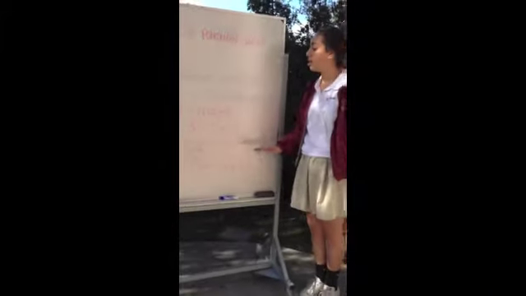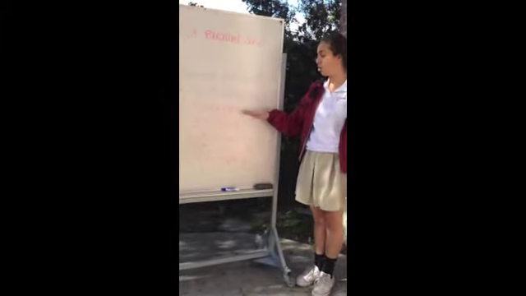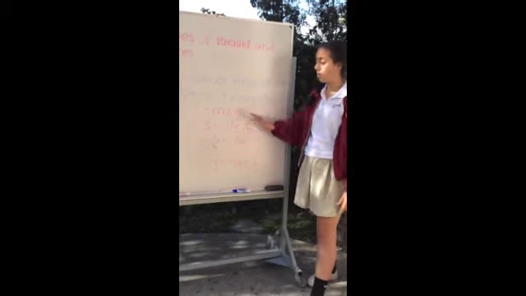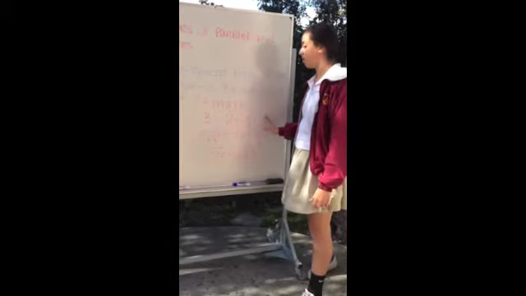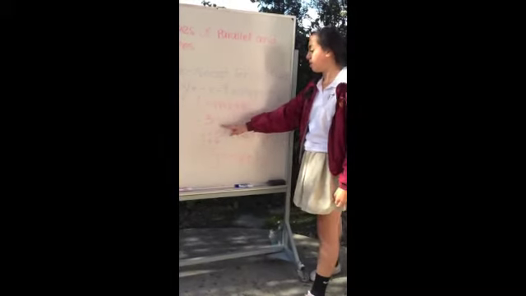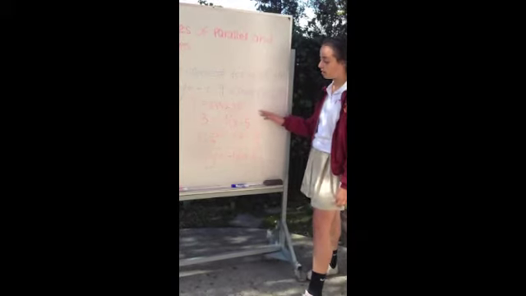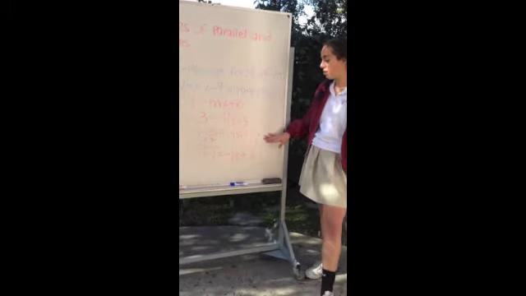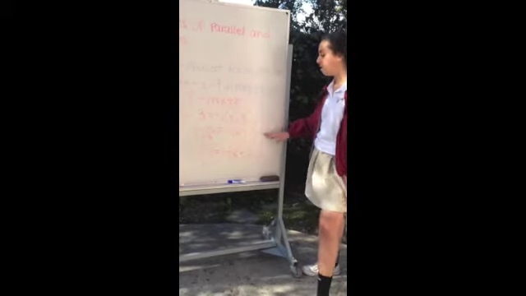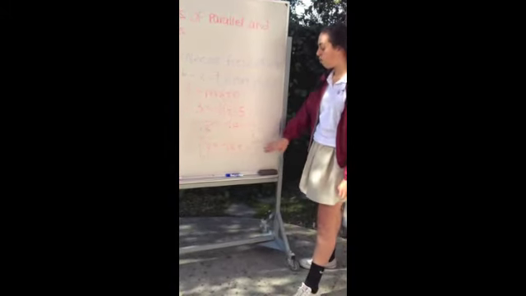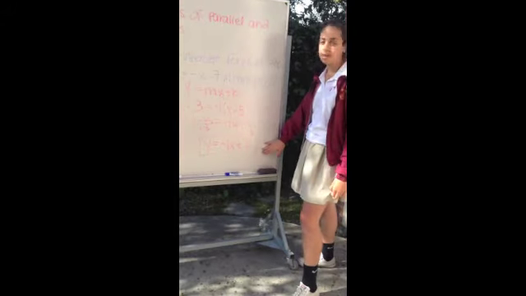So recall the equation for slope-intercept form, which is y equals mx plus b. Now you have to distribute from what we just found in point-slope form. So y minus 3 equals negative 1 times the quantity of x minus 5. You distribute the negative 1 to everything in the parentheses, and you get y minus 3 equals negative 1x plus 5. Now you have to add 3 to both sides to get the variable alone, and you get y equals negative 1x plus 8, and that is the final